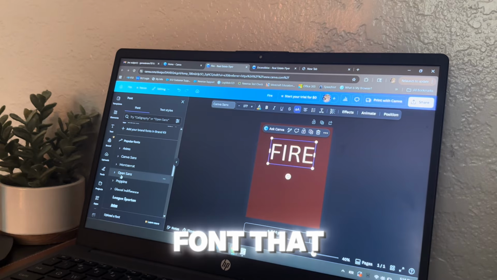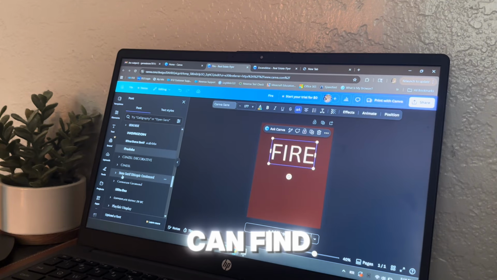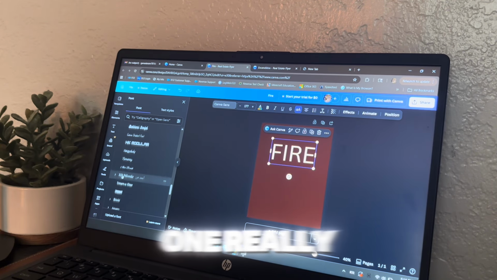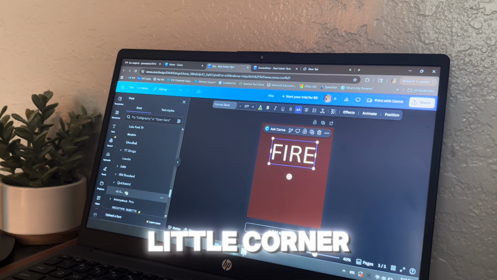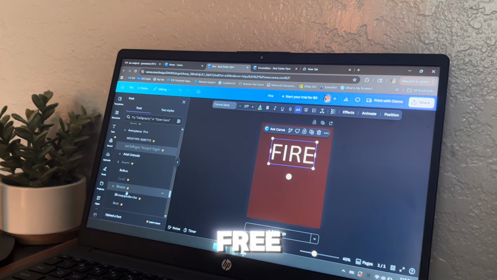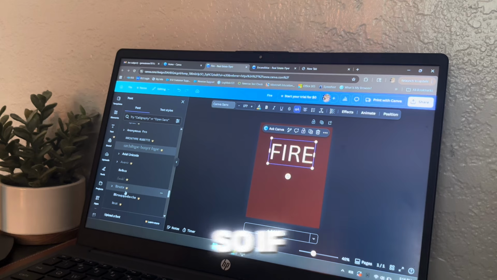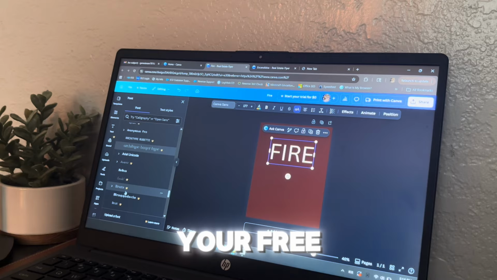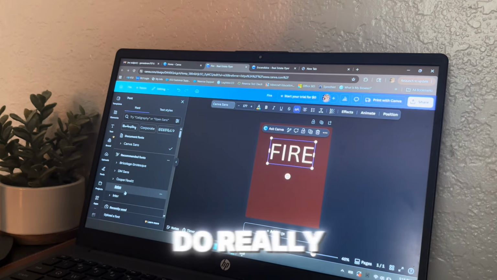If you see a font that looks like, let's see if I can find one really quick to show you. If it has this little crown there, that means you have to pay. Most of the time, all the fonts they have for free is quite amazing, that I don't even need to pay for it or anything. So if you really want to step up your game, you can. But if you press that, it will show up that you need to, like, hey, start your free trial and everything. But we're gonna go back all the way to the beginning, and I do really recommend